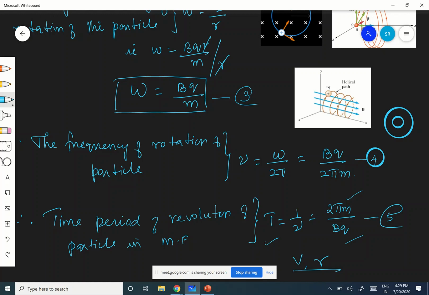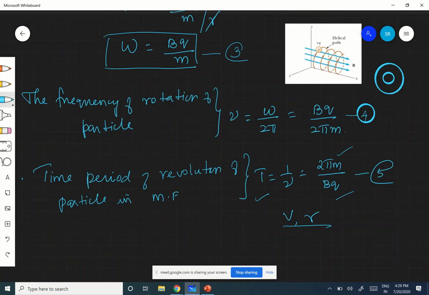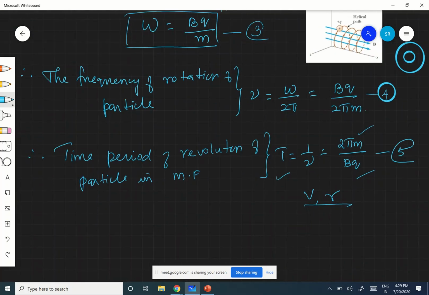No, simple. When your velocity is increasing, the radius will also change accordingly. So definitely that should be the reason. V should be directly proportional to R. Anyhow, we will be showing that. So only then, when V is increasing, the radius of the circular path will also increase accordingly, so that the time taken to complete one revolution will be constant. These things are very simple, you can guess it, I think.